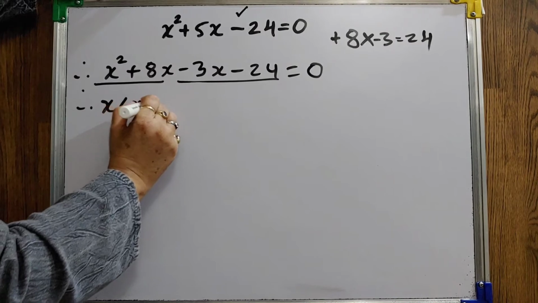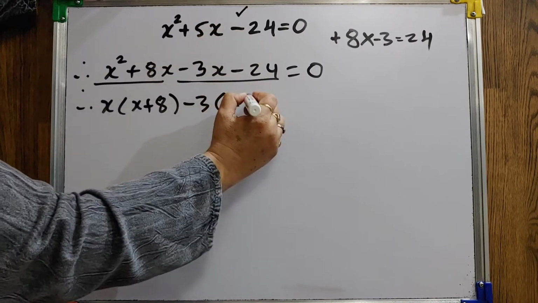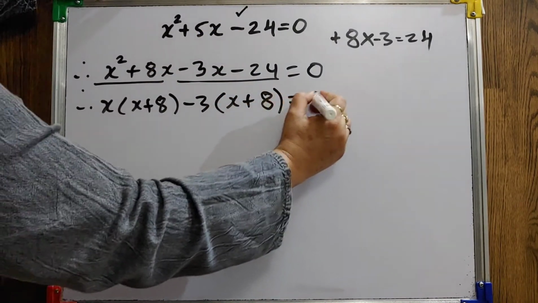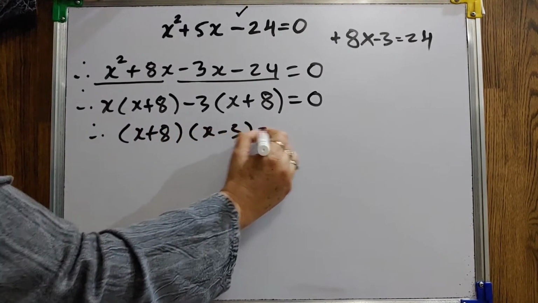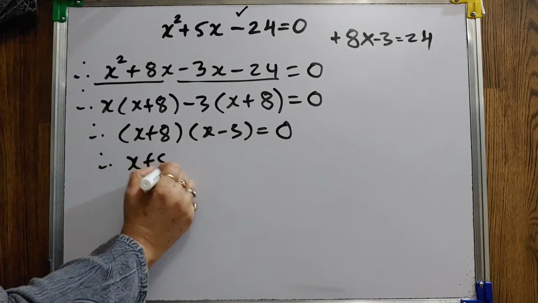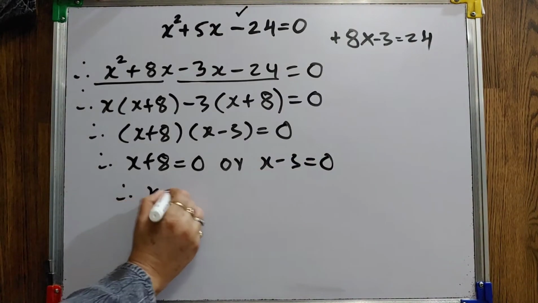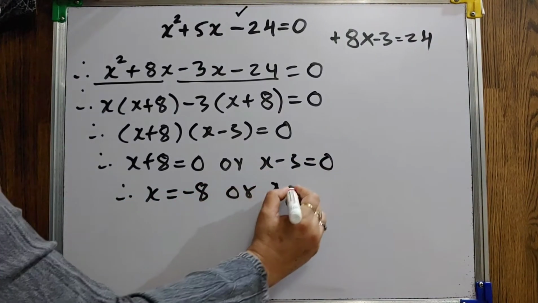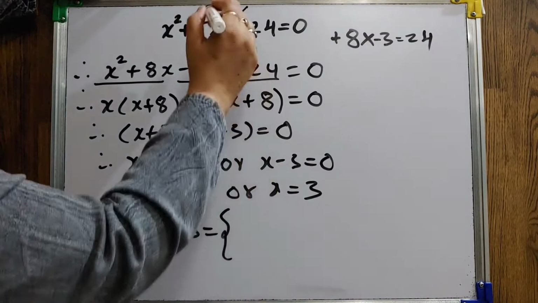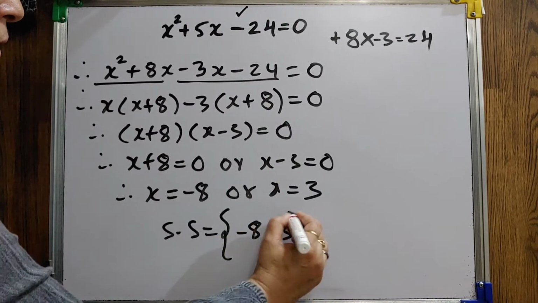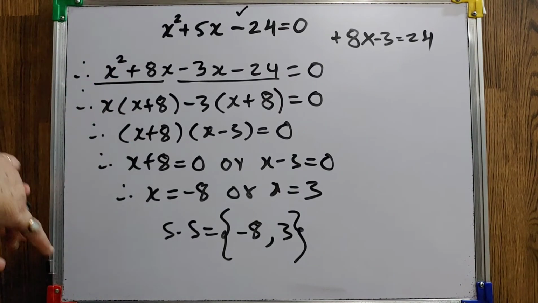When you take x common, x plus 8. When you are taking minus common, I already told this sign will get changed. 3 8s are 24. So your values are, you can solve. Now your value of x is minus 8 or it is 3. So what you have observed? When we go with the difference, if the last sign is negative, you will get both the factors of different sign. One is positive, the other is negative.